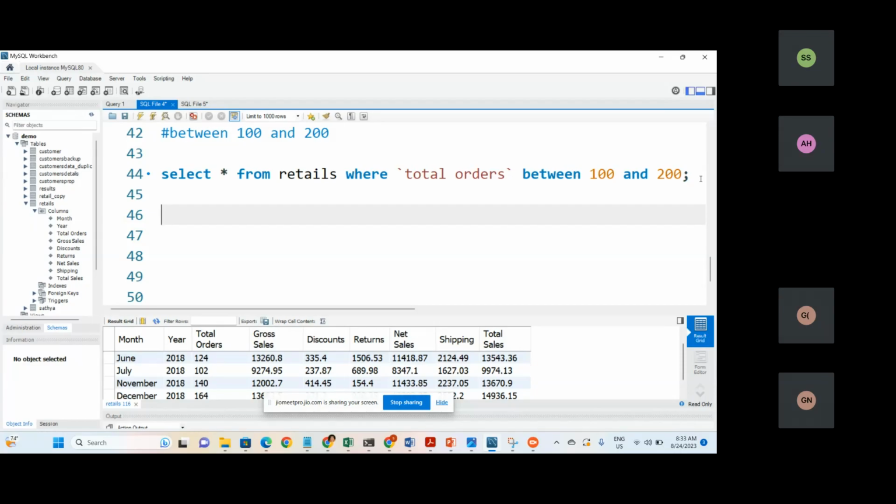And finally we'll check the in operator. The in operator is also used to filter the records from the table. So the in operator, if you are using it with the where clause,